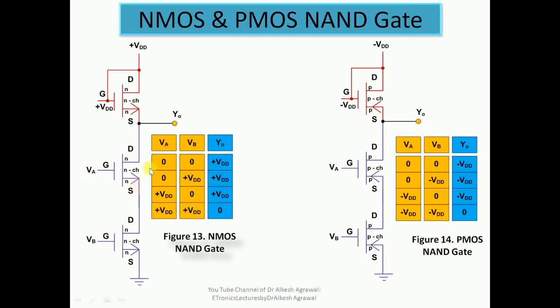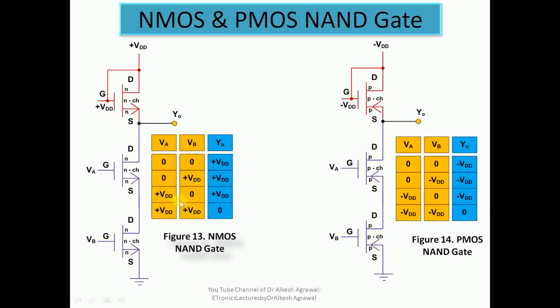So what happens for proper functioning? Both the transistors must be on at the same time because they are in cascaded form. So we see when both inputs are low, V is low, VB is low, both the transistors will be in cutoff mode, and since they are in cutoff mode, they do not have any effect on the output. Since this load always remains in on state, the output is pulled up to supply, so we get high logic.